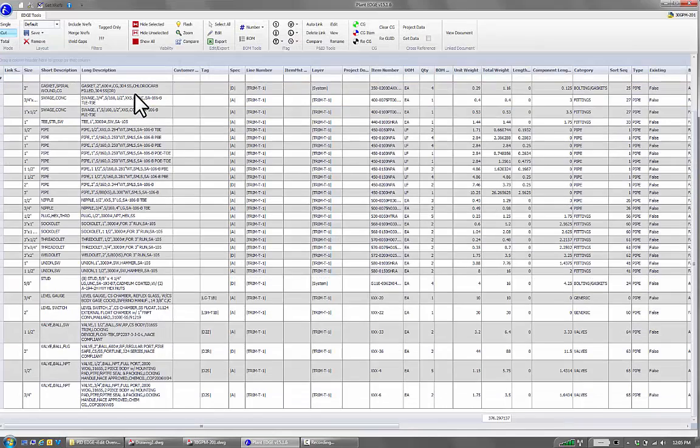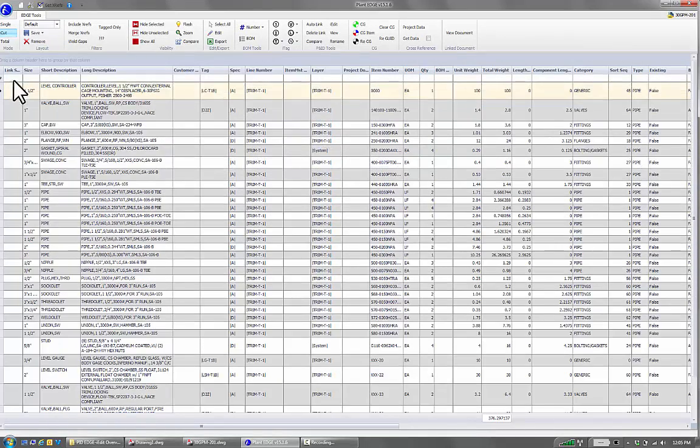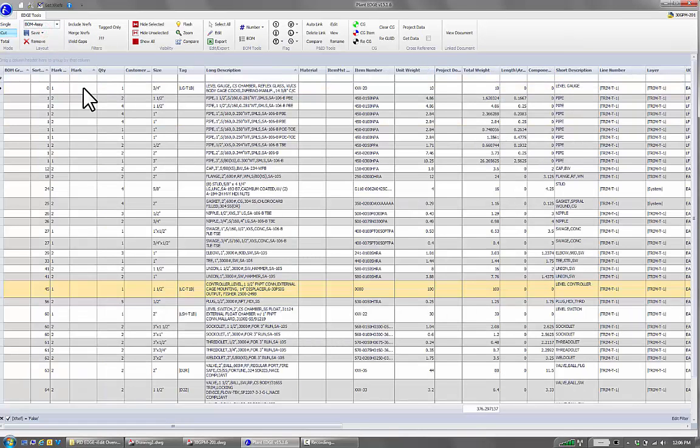From here, as you can see, all the items are listed out with their short description, long description, as well as the tags of valves and level controls and various instruments. We're going to switch our layout to the BOM assembly layout. Now what this does is it gives us a BOM group and mark number that we can see over here on the side. First, we're going to select all these items